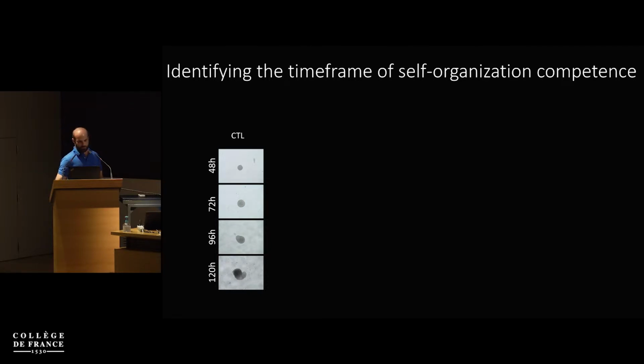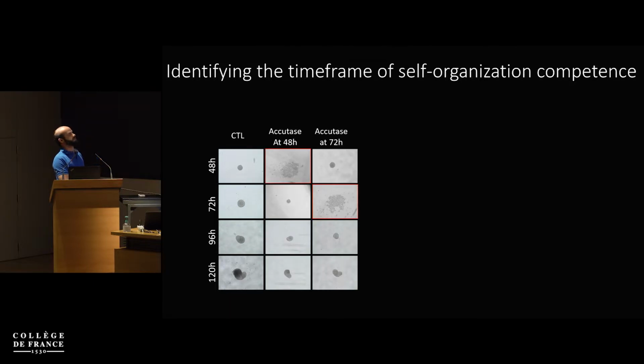So what we went on to do is that we dissociated the gastruloids at different stages. Here we've dissociated at 48 hours, here at 72 hours. When you look at these, although the structures are smaller because in the process you lose some cells, they're able to elongate quite nicely. So they seem to be quite resilient to the loss of positional information that dissociation brings, though we didn't comprehensively test this.